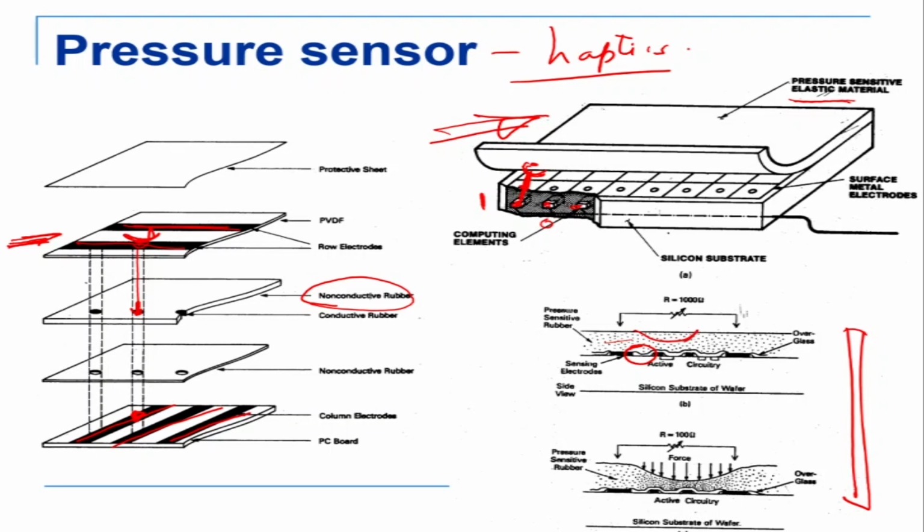Now the moment you press here, if you look at the figure below, suppose you put your finger and you press here, the rubber gets in between the electrodes, and because it is conducting rubber, it will short these two electrodes. So some voltage is going through. The moment voltage is going through, it understands that there is pressure being applied, and you can calibrate the force versus the voltage. So we can have force versus voltage and get some kind of a graph, and this graph will tell you how much force or pressure has been applied.